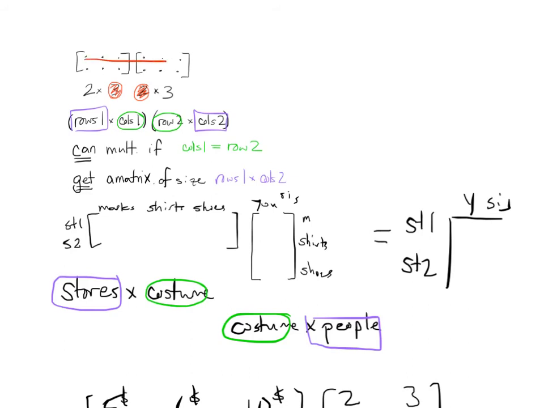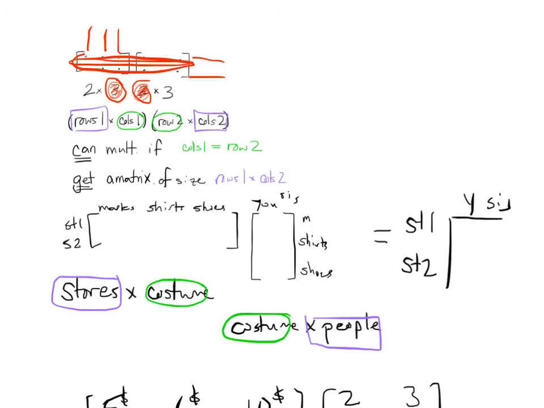We said you can't multiply these because 3 is not the same as 2. In other words, this store sells masks, shoes, and shirts, and you only want masks and shirts. That doesn't make sense as an analogy, because it says this store sells masks, shoes, and shirts. Why don't you just go in there and buy